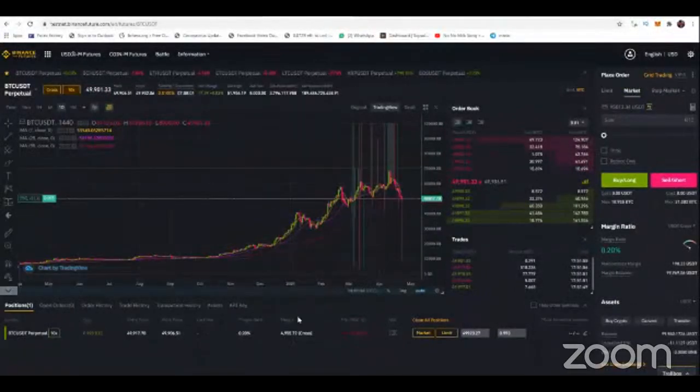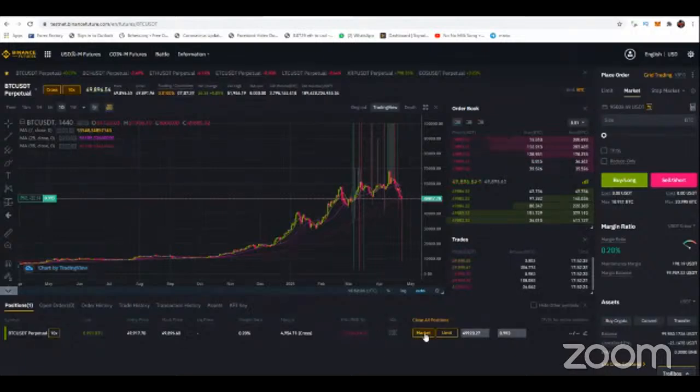Now you can see how much has been taken out of your account as margin, which is about $4,954, and you are on cross. You are on cross risk. That means Binance is going to be using the entire amount you have in your wallet as collateral, and right now we are just about $24 in loss, and the equivalent of that to our current account balance is just